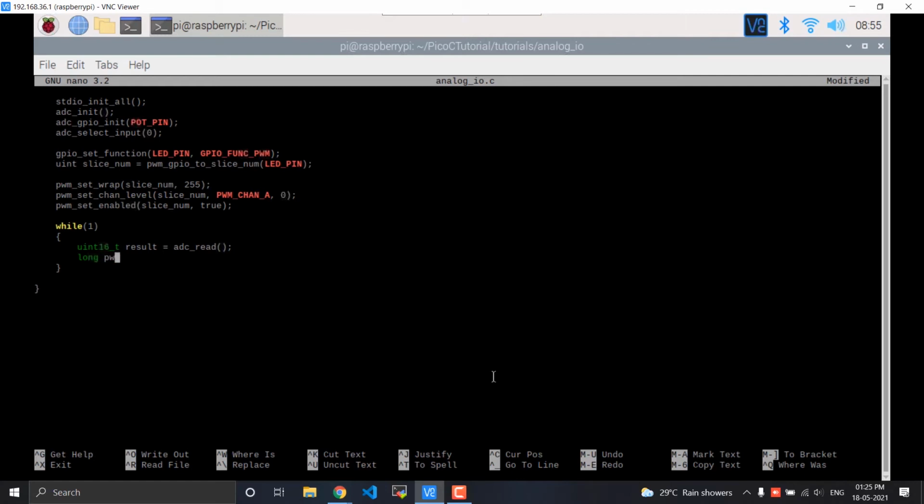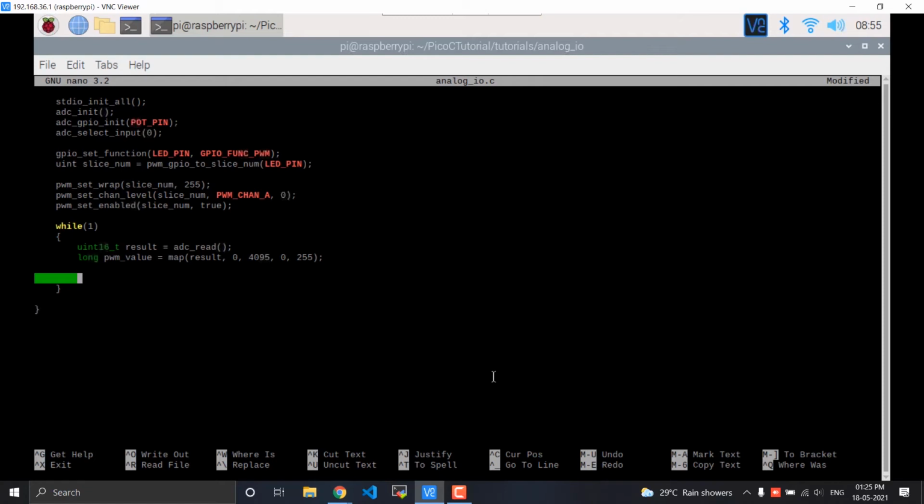So long PWM value can be map, and then whatever result we received, it will be between 0 and 4095, and the output has to be between 0 and 255. So for that we can give 0 and 255 and add a semicolon at the end.